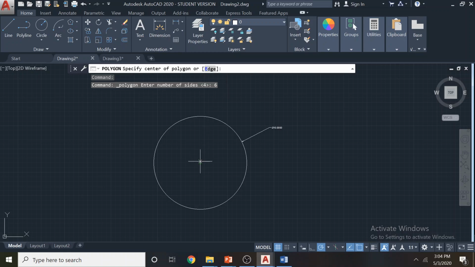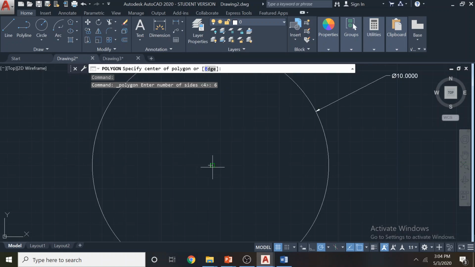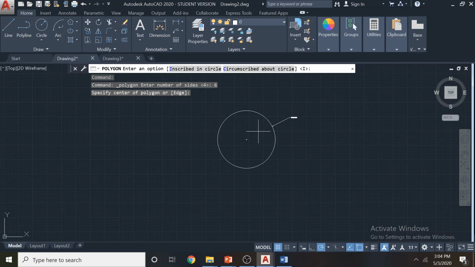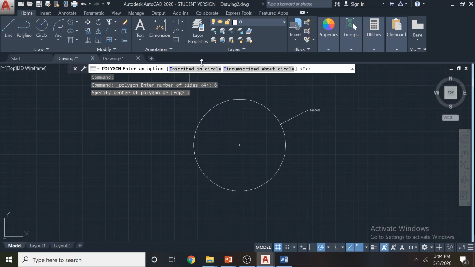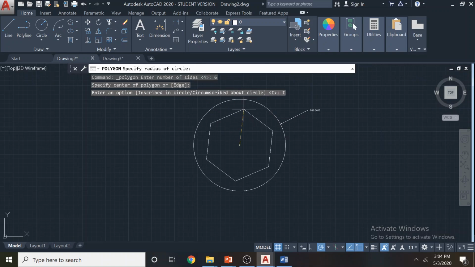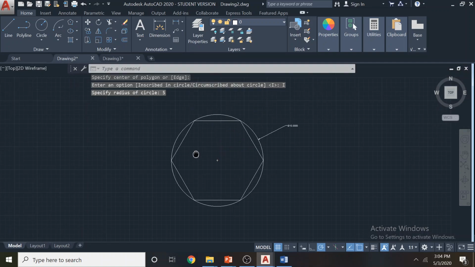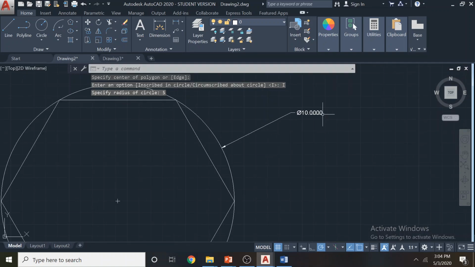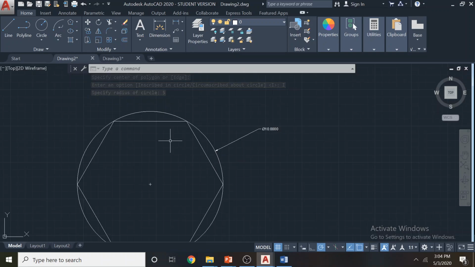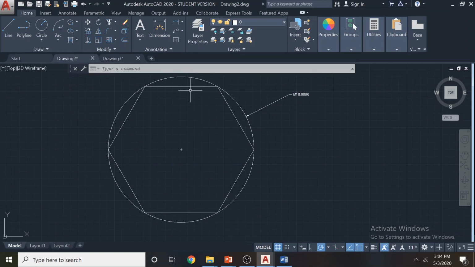Center is this. Then inscribe or circumscribe, say inscribe. Now it will ask you the radius. If I give radius as 5, this is your inscribed polygon. It's the same radius here, and it will be inside the circle.